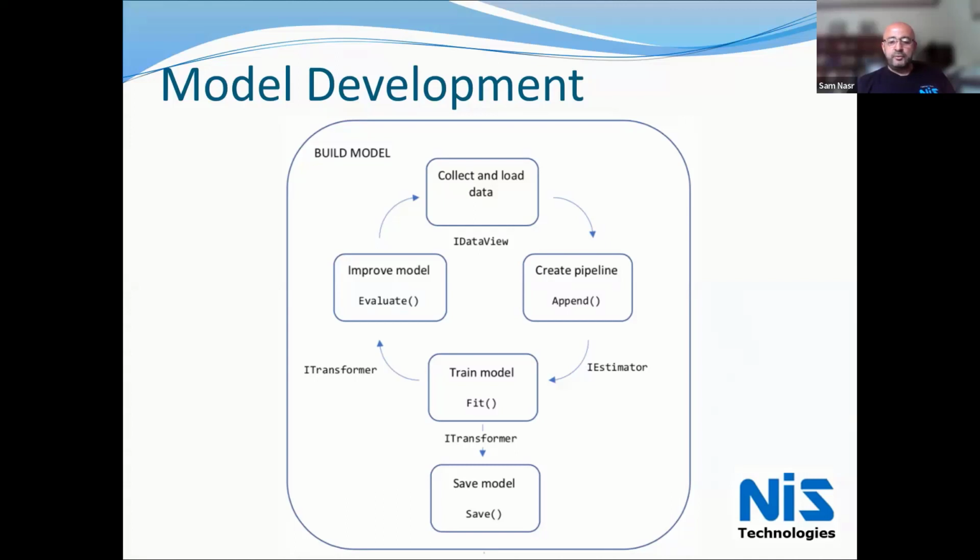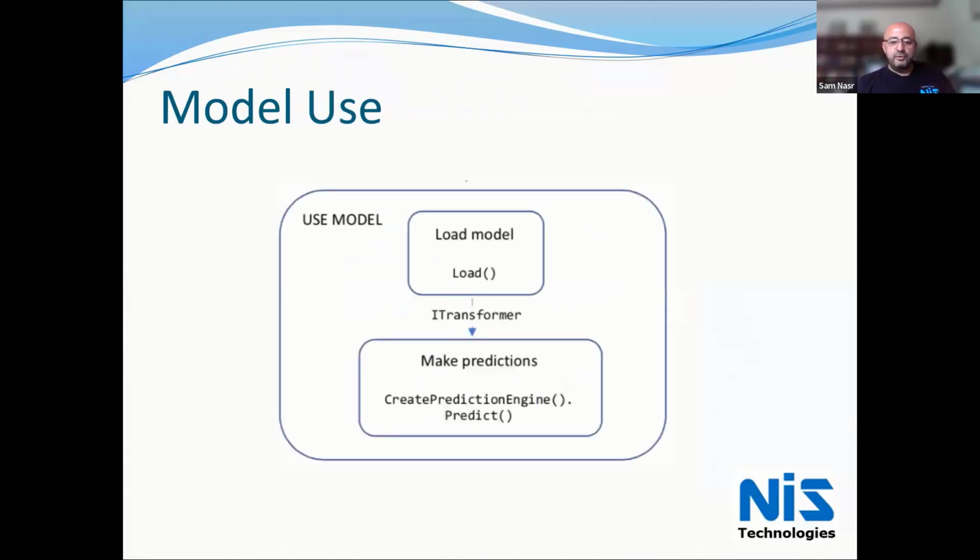So if I get to a point where I'm happy with the model, now I can save it and use it in a project. And to do that, basically, I would load it as I would any other library in my code. And then I would use the load method, and then I would make a call to the prediction engine, and specifically the predict method. And this is solely within the ML.NET framework. So these are all function calls within the ML.NET library, but the entire process, as far as being cyclical and testing and training the data, is essentially universal for developing a model.